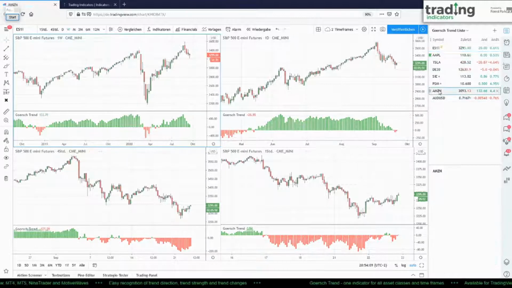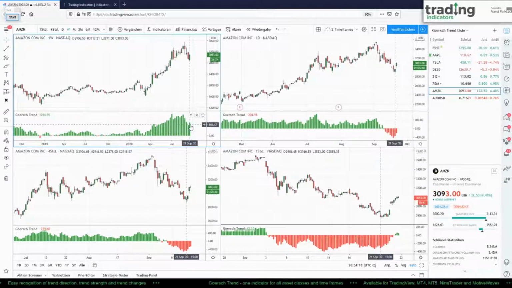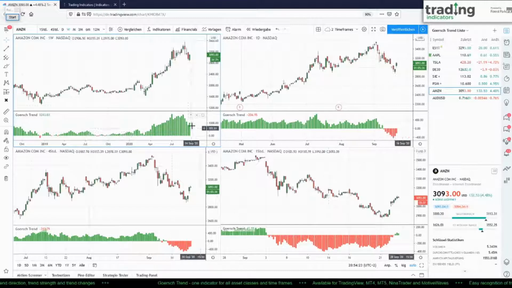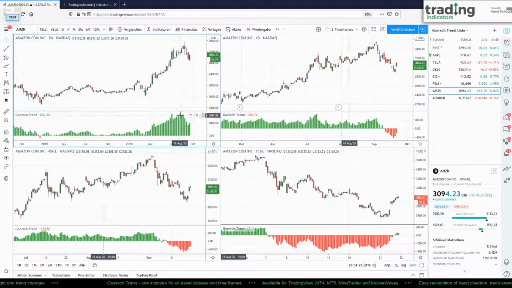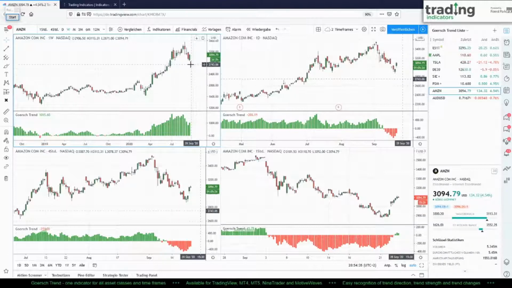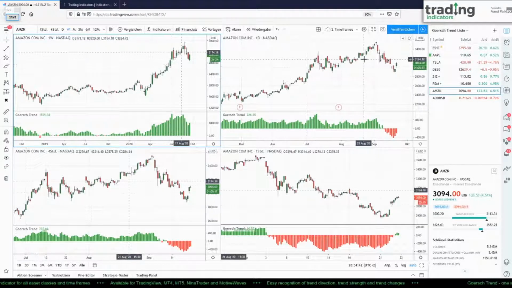What we could do is take a look at Amazon. Very interesting here. You can see on the weekly chart, everything is okay, everything is fine. We're still in a valid uptrend. So if you have investment positions in Amazon, you don't really have to think about taking profits if you're really invested in the long term. If you're a swing trader and you do have long positions or you did have long positions in Amazon, actually,